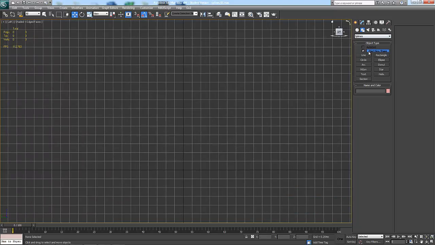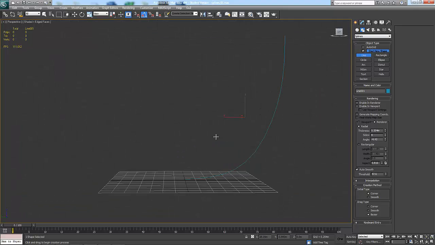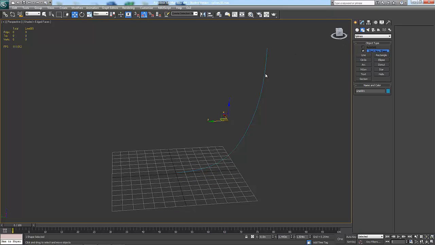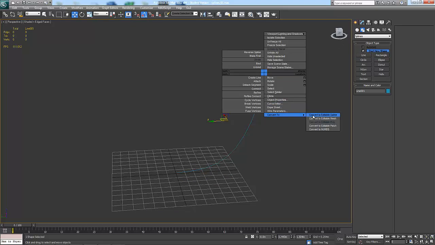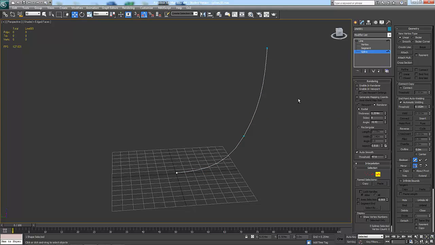I want to go to spline mode, back to line, and I'm going to click here, give a nice middle click, and then one at the top. So once that's done, I can switch back to perspective mode and right click on the curve to convert it to an editable spline and select the spline subobject,